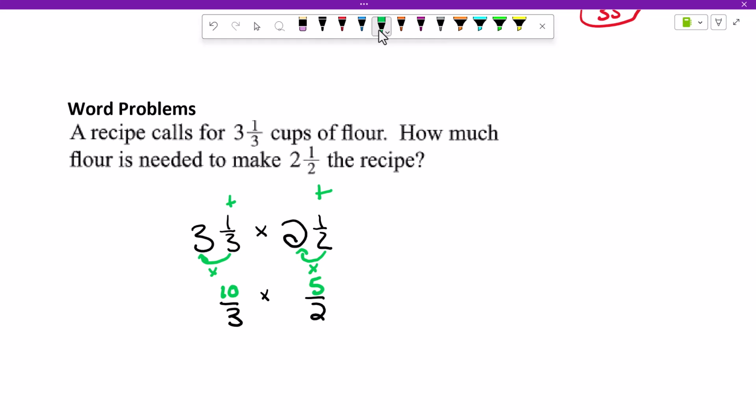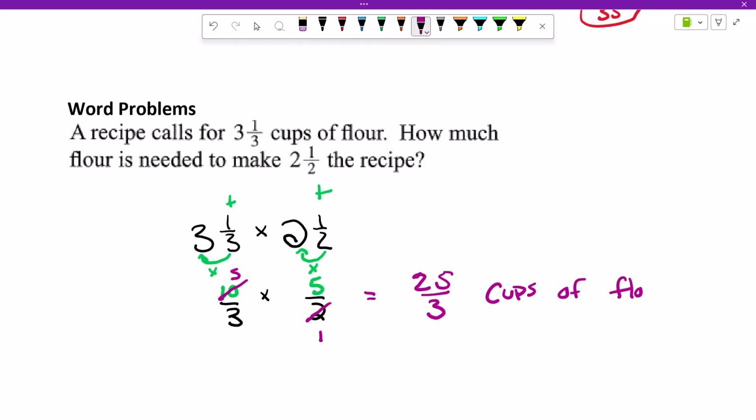Now, Gage, how can you make it smaller? 2 and 10. Top and bottom like this. Cross them off as a pair. Both numbers can be divided by 2. So that's a 5, and that's a 1. 10 divided by 2 is 5. 2 divided by 2 is 1. 5 times 5 is 25. 3 times 1 is 3. 25 over 3 cups